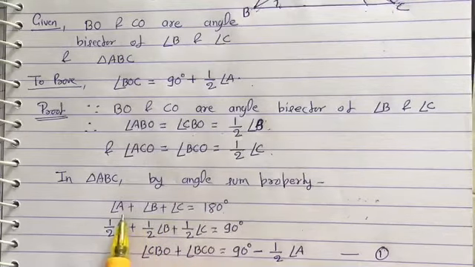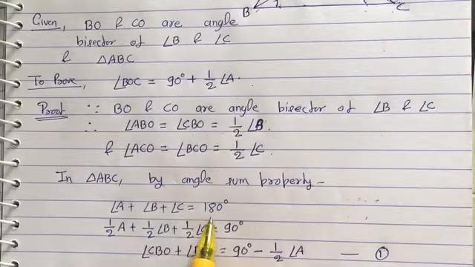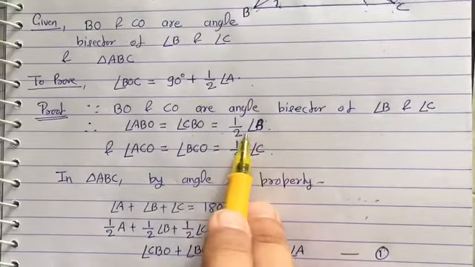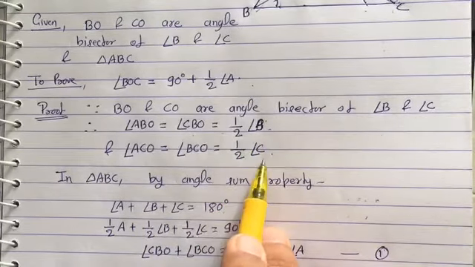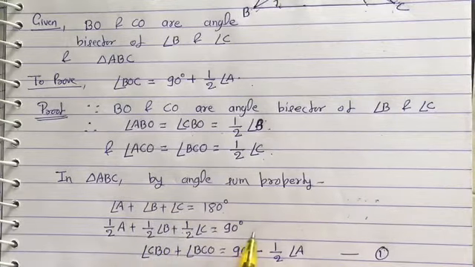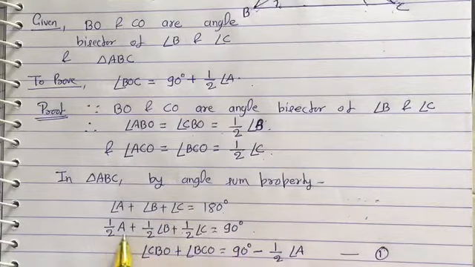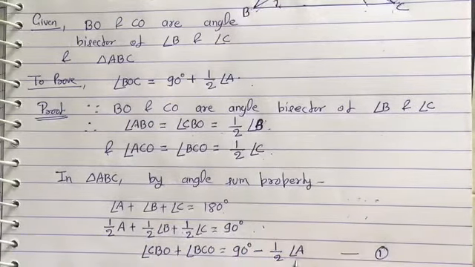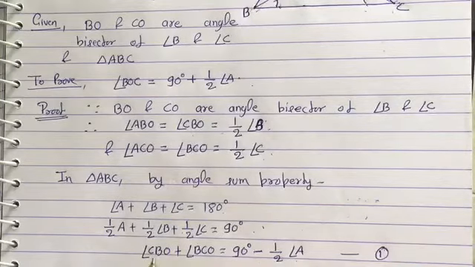And now divide by 2 on both sides, because we have the value of half angle B and half angle C. So when we divide both sides by 2, it becomes half angle A plus half angle B plus half angle C is equal to 90 degrees. And now when this half angle is transferred to this side, it becomes 90 minus half angle A, but